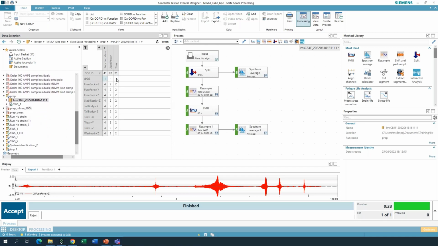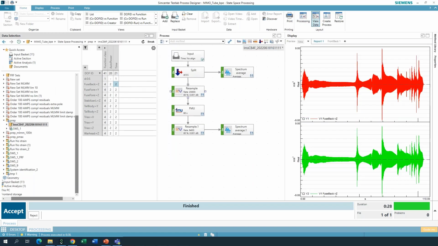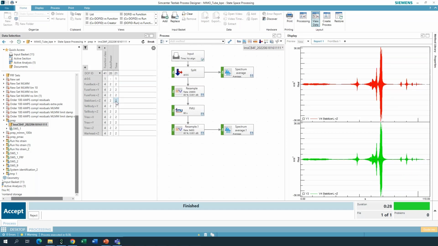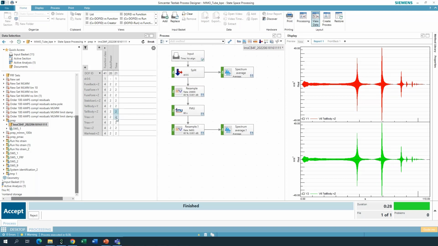The data can be seen here. So we now have two time series each time. If I take a different view and click here, you see, for instance, the simulated data from the model compared to the measured data. So you see in the time domain, they are quite closely matching with each other, all these channels. So the model that we put in between is able to generate time data that is almost the same as on the real structure.